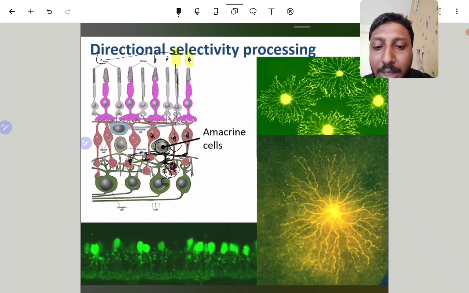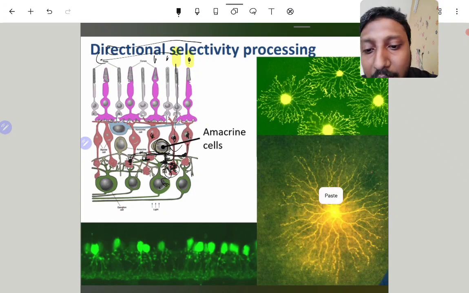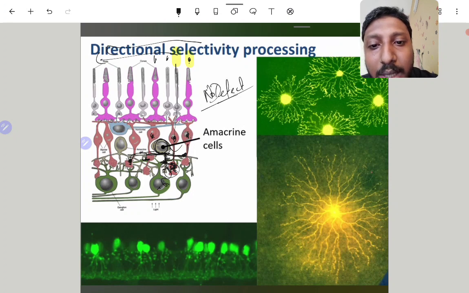So if a thing moves from right to left, these cells cannot detect. No detection. But if it is going from left to right,